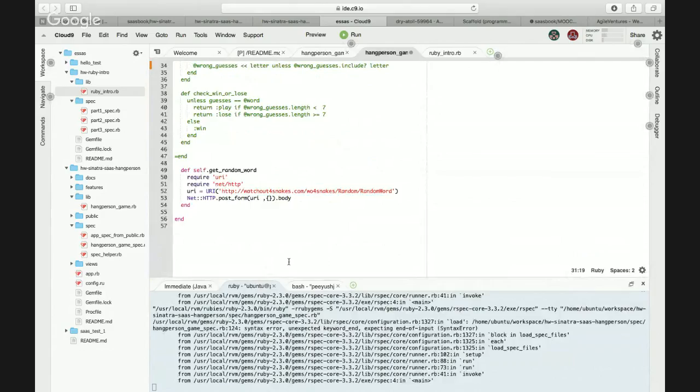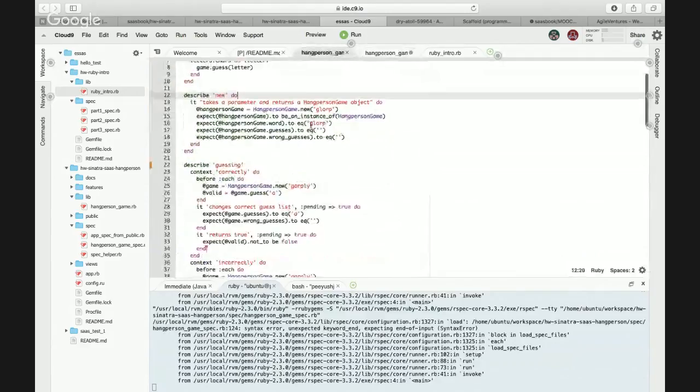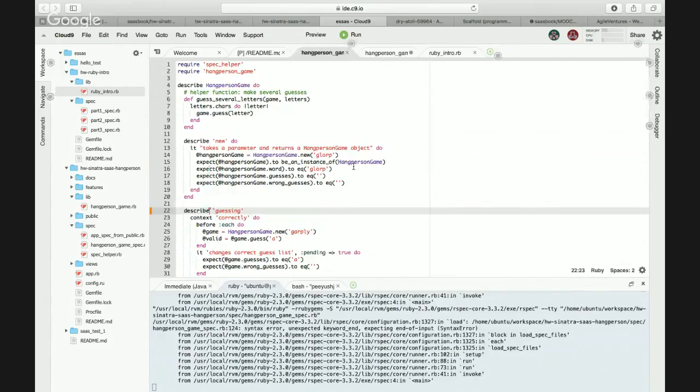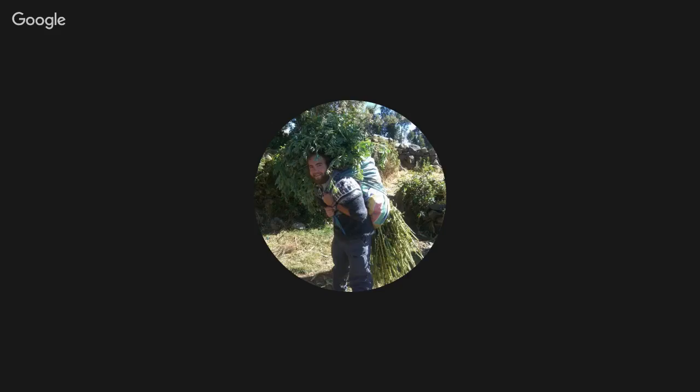I think the error is in the RSpec file. It might be. Let's check. Have we changed it? We shouldn't have, but the only thing I changed is the pending, right? Oh, okay, there's a word missing, the keyword do.